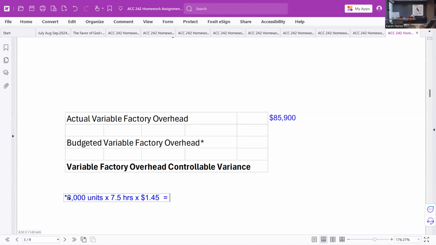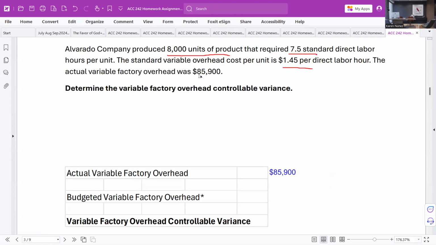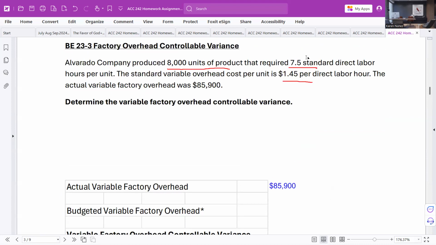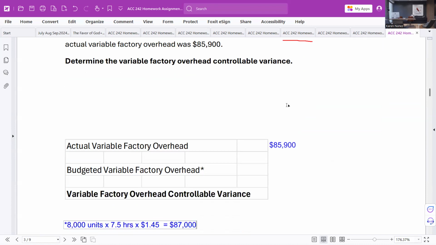So put all that together, and that's a budgeted cost for the variable overhead of $87,000. That's the budgeted variable factory overhead. So again, the 8,000 units at a standard direct labor hour of 7.5 per unit times the standard variable rate of $1.45. So the budgeted variable overhead is 87,000,